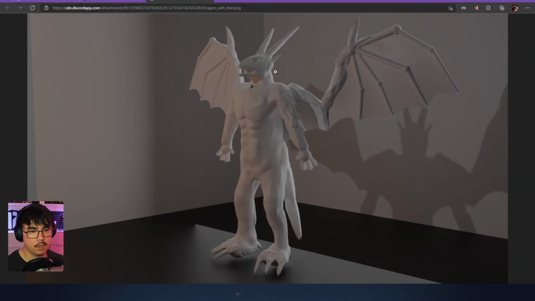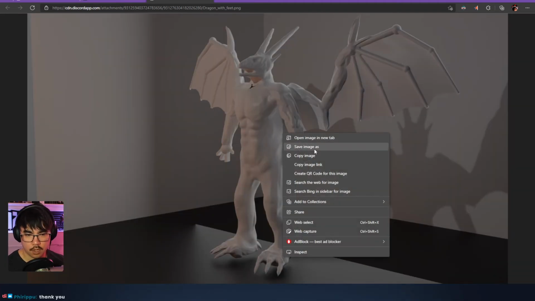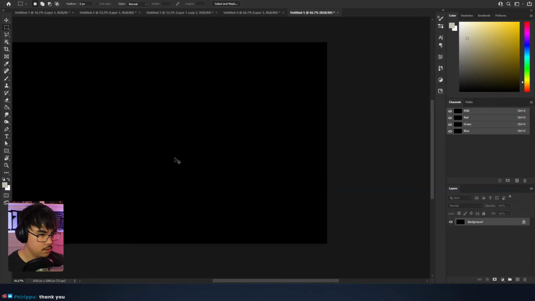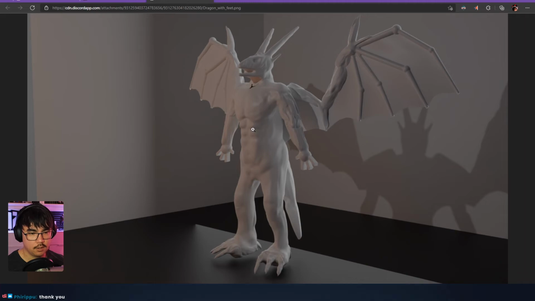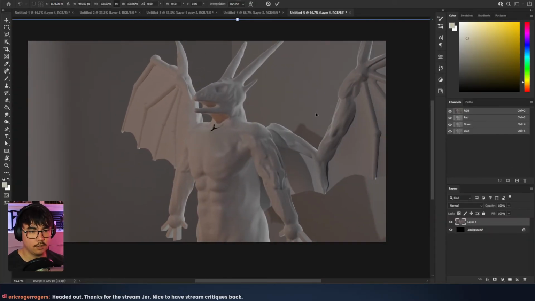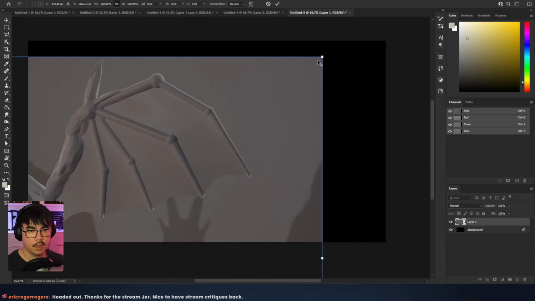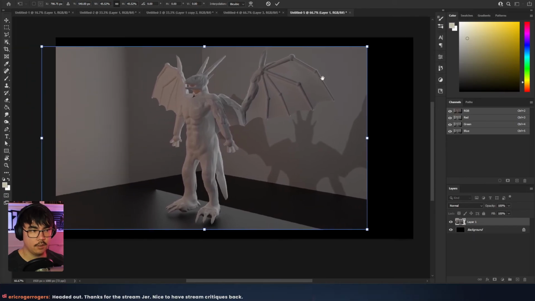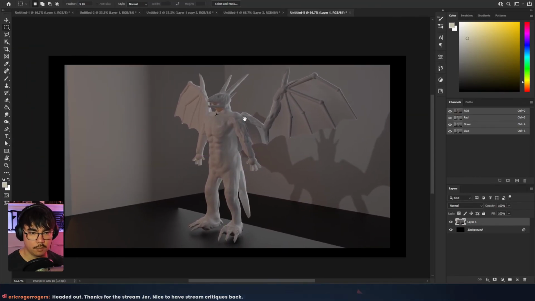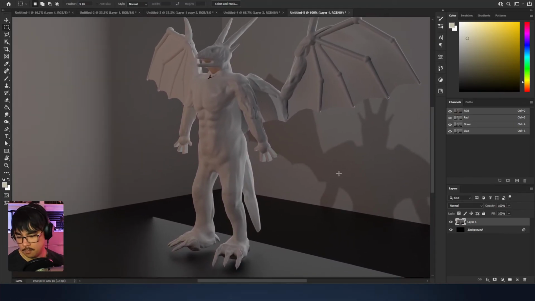Oh man, this is really high res. Okay, there we go. Nice. That didn't copy. Hang on here. There we go. So what I would do, honestly, is don't worry about the wings right now. And think about this as your goal to make this character, right? But really go in and understand